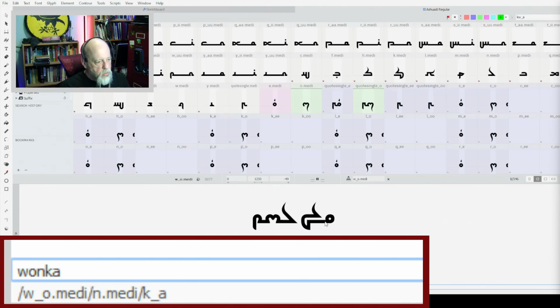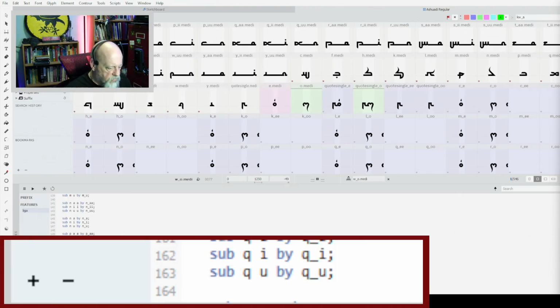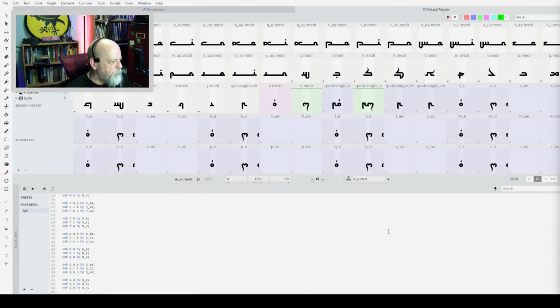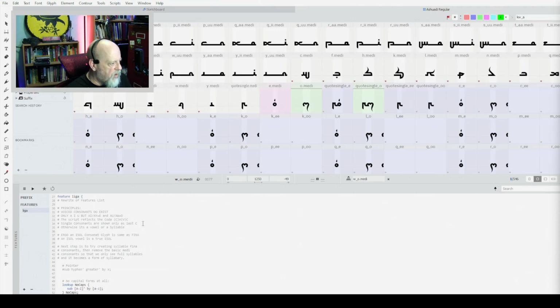And then I learned about Adobe OpenType font scripting, which is the stuff over here in the features file. Let's turn that off by going here. This scripting down here defines how the font works.